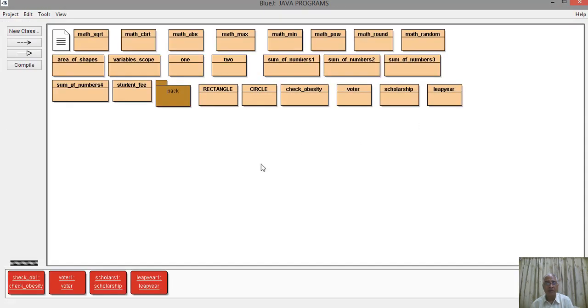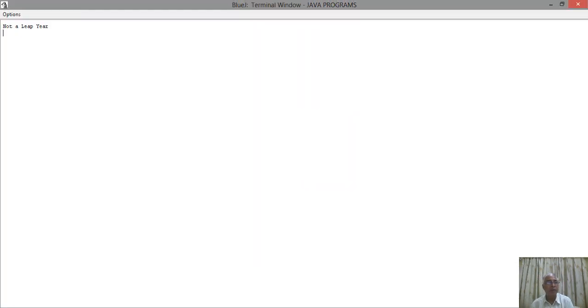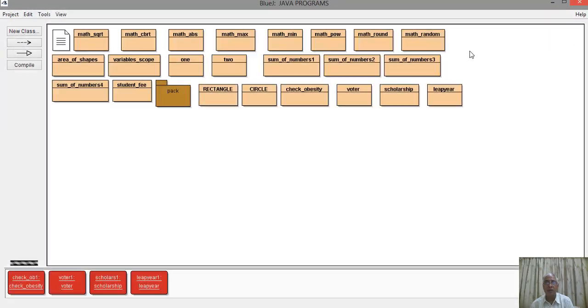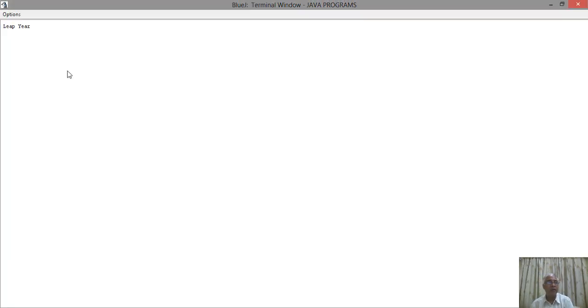Perfectly well. We check another year which is not a century year, some other year, say 1987. Is it a leap year? It is not divisible by 4. It is not a leap year. Okay, again we check for another leap year. Suppose 1984. This is divisible by 4. Yes, it is divisible by 4, so it is a leap year.